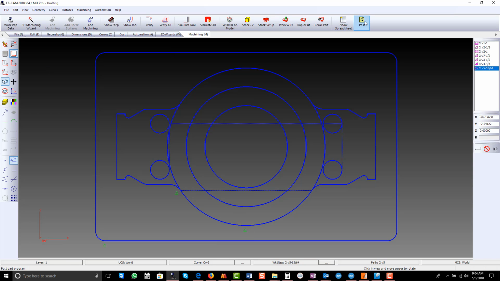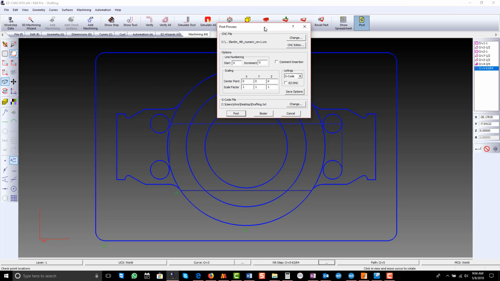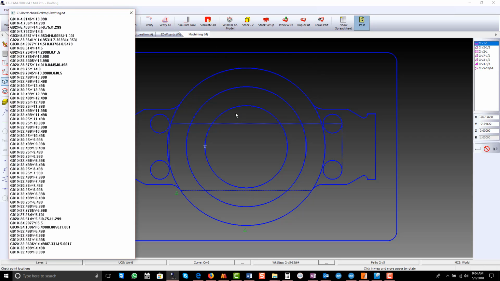Then you would go to G for G code, pick your post processor. We can use G code listings. That's going to scroll the code on the screen. So if we hit post,